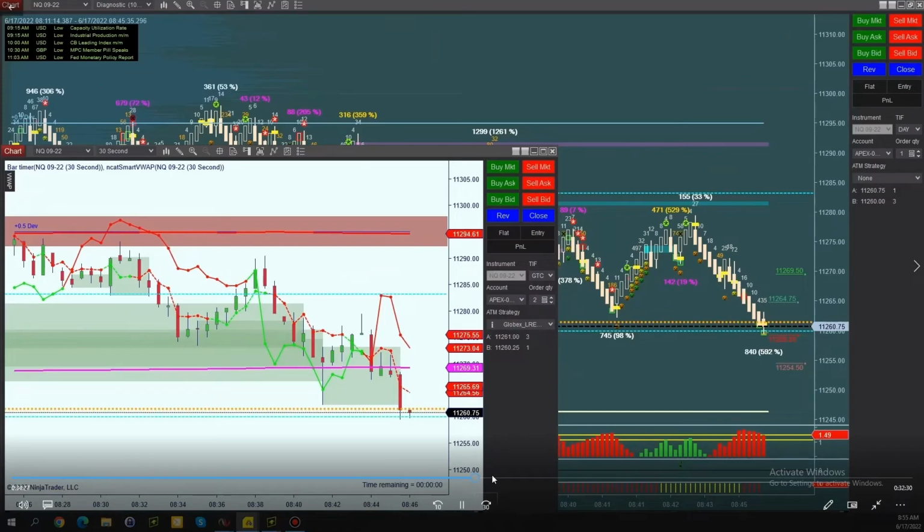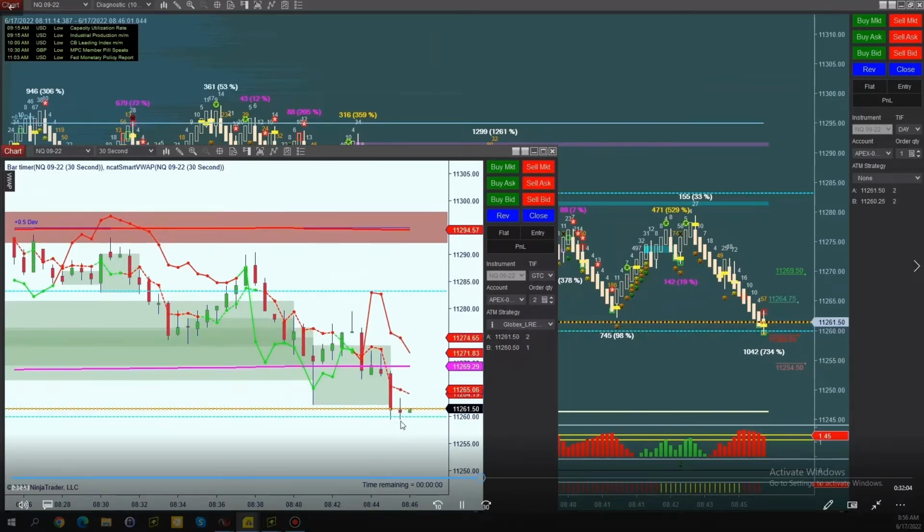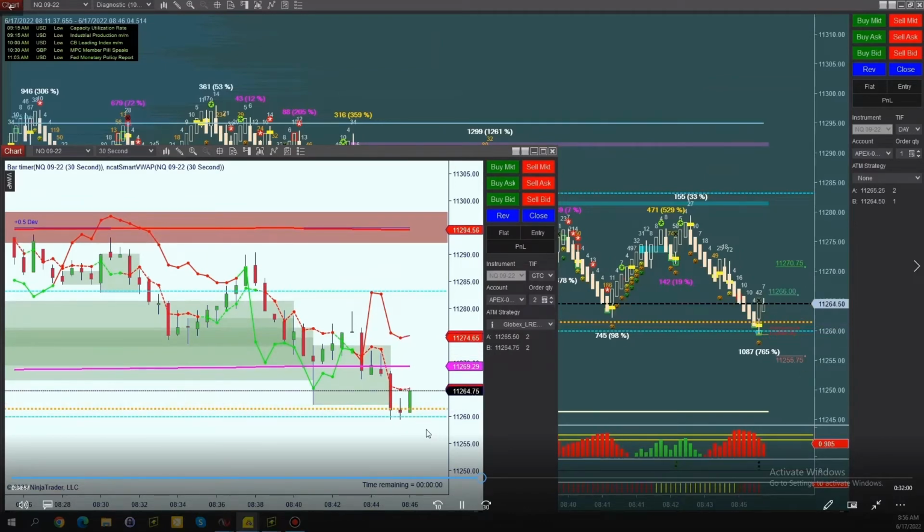And see, here's a little bit of a struggle. There's a cluster there on that dynamic, right here on this dynamic magnet. And if you would have got a simplicity entry here, okay, now it's trying to break short. Let's see if it actually does. It's got to break the bottom of this wick here. It doesn't do it. See, and it's struggling.